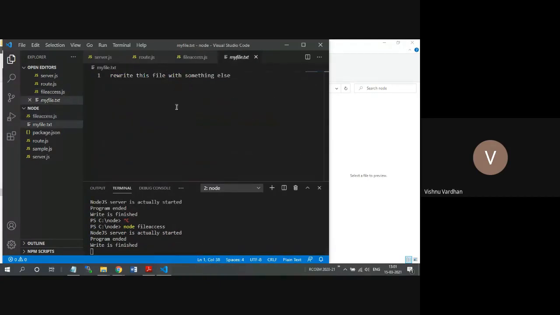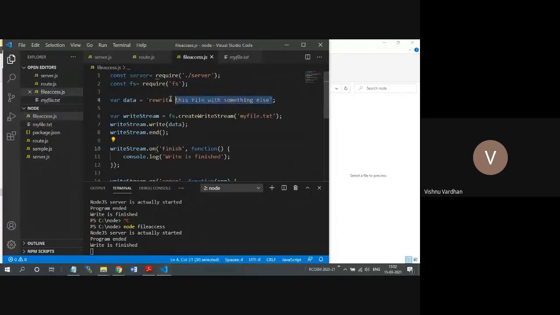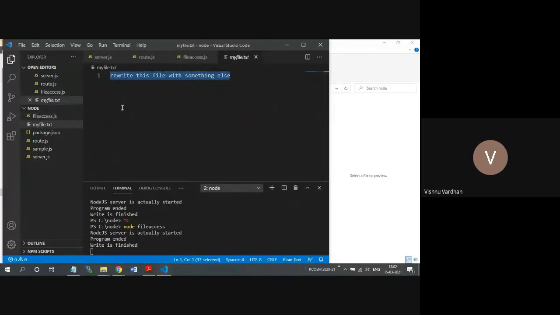Now you can go back to myfile.txt. You can see "rewrite this file with something else" is exactly available in this myfile.txt. So in that way, you can create the files, and not only that, you can read the files also, and you can print those files onto the console, and in that way you can have your own implementations.